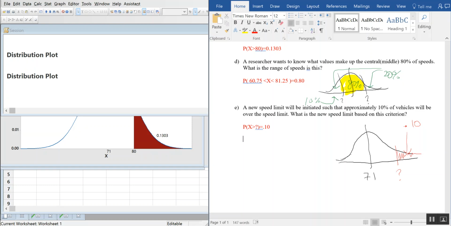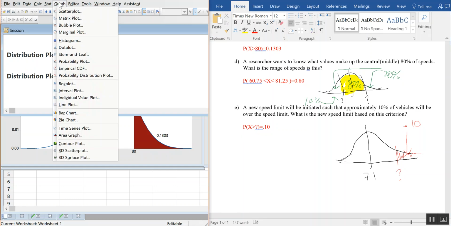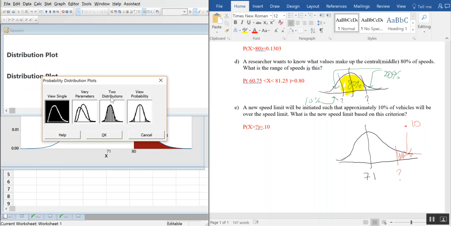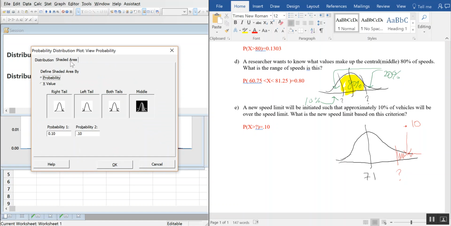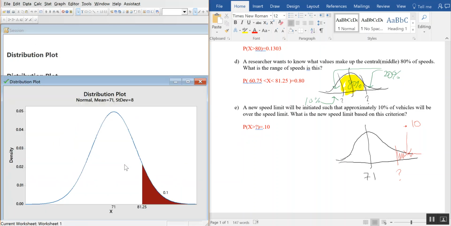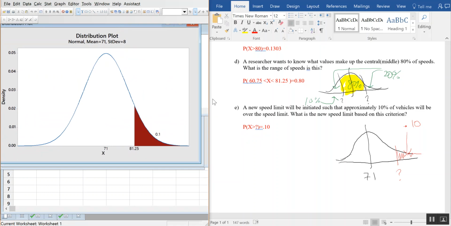So as you notice, a couple things here. Clearly this is a right tail. It should be something above 71 miles per hour. And the area that I want it to make is 10%. So we're going to go back to graph, down to probability distribution plot, view probability, same distribution, shaded area. And now I want a right tail, and I notice that from the description, the upper 10%, and how I've drawn my probability statement, I want that to be upper 10%, so this is already set to be 10%, so I'm good. Let's go ahead and hit OK. And there she is. So those traveling above,